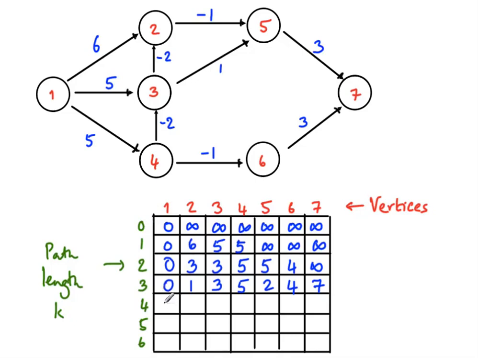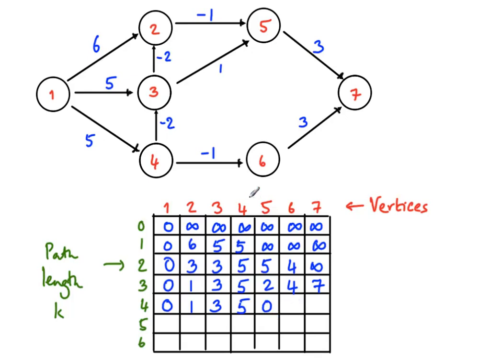So at the next stage, again, the cost of 1 doesn't change. Now the cost of 2 hasn't changed because the cost of 3 hasn't changed, right? So this remains 1, this remains 3, this remains 5, okay? And now we look at the cost of 5. So 5 was earlier 2, right? But now we find that the cost of coming up to 2 is actually only 1. So we can come 1 minus 1 and we can make this 0. Okay? And now we look at the cost of